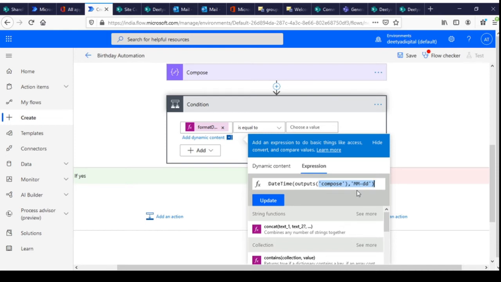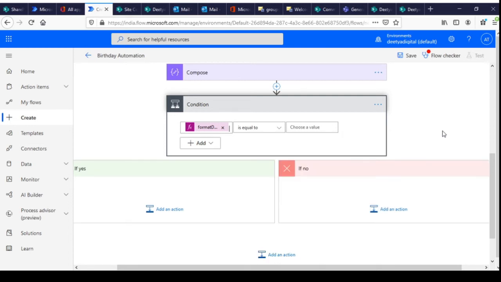So it will eliminate the year from that particular record, and so it will be easy for us to compare whether the birth date and month match or not, to validate the condition and check if today is your birthday or not. If yes, then it will trigger the emails. To validate that condition, formatting the data